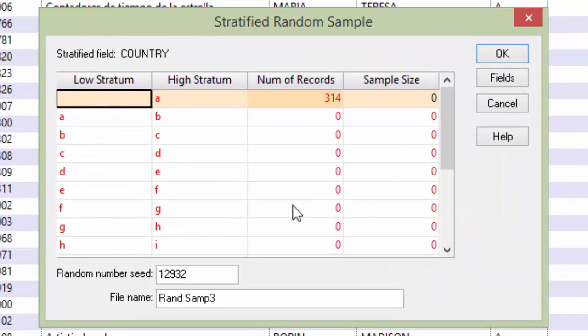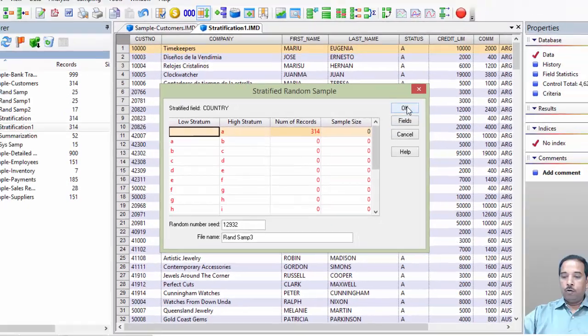Here no record is found starting with letter A, B, or C, because IDEA is a case sensitive language, and I am writing here a small a, but all the country names start with a capital letter, so they do not show any records. Click on OK,